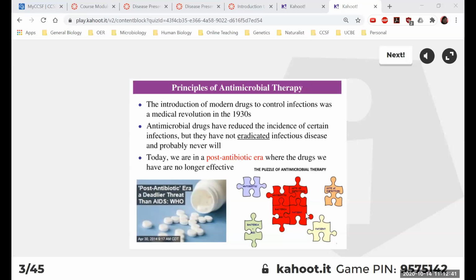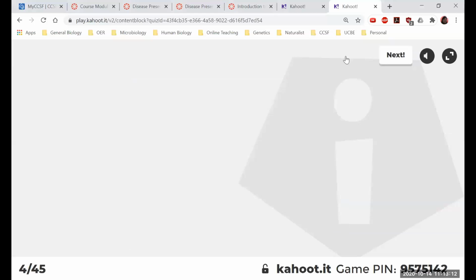I like the jigsaw puzzle because when it comes to using antibiotics for therapy, it's not just a drug. You actually have a lot of other things to think about. For example, the nature of the bacteria: what is the bacteria that's causing the infection? What's the site of the infection? And also the patient's health history. All of those need to be taken into consideration. So it's a pretty complex picture of which drug to choose for treating what kind of infection.